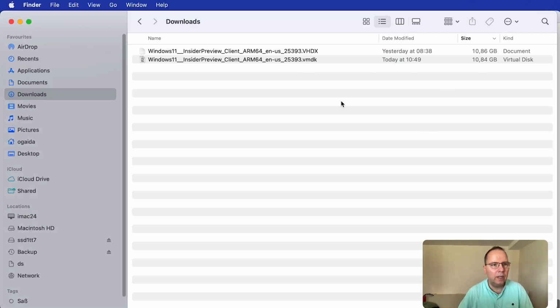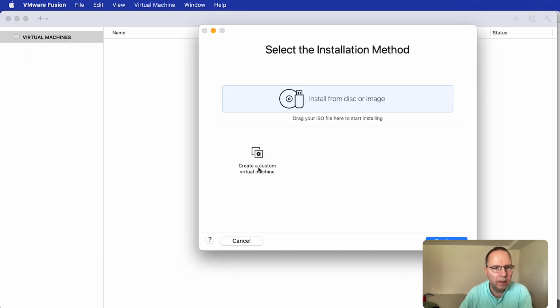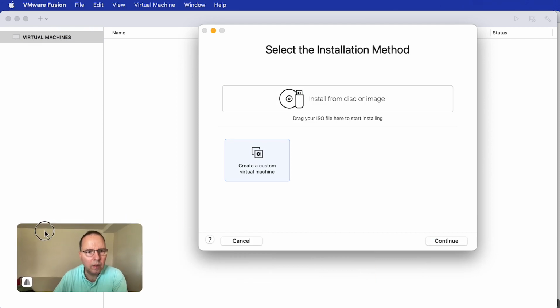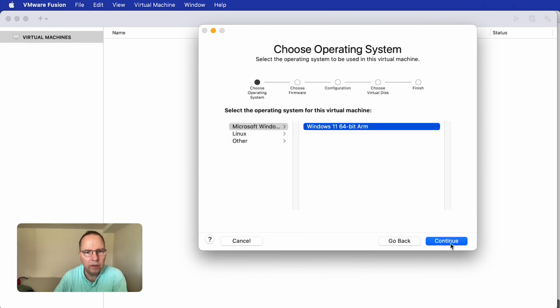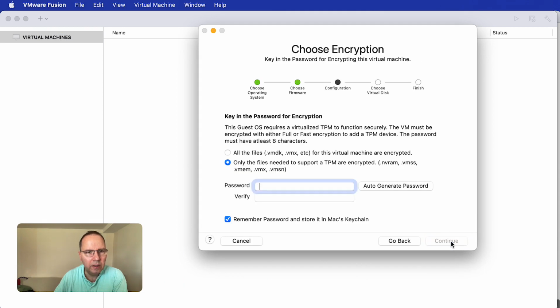And now we can create our virtual machine. So I switch to VMware Fusion, press here New, and then I create a custom virtual machine, continue. I choose Windows 11 and stuff, leave this on Wi-Fi. Here I write down a password for disk encryption, I think.